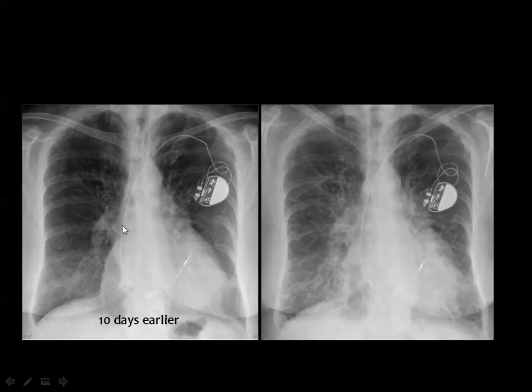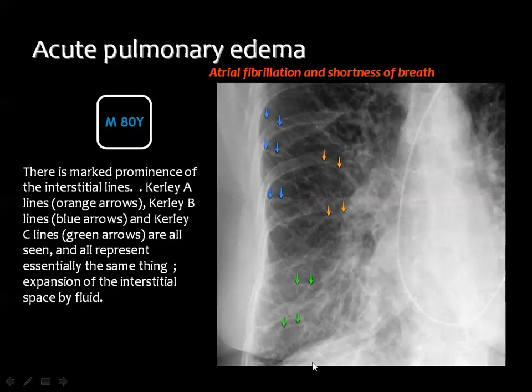This is the radiograph 10 days earlier, and this is the radiograph after she went into interstitial edema. You see that the hilar shadows are hazy and enlarged, then you can see the distension of the upper lobe vessels and many linear opacities at the costophrenic angle representing B Kerley lines, near the hilum representing A Kerley lines, and longer opacities near the costophrenic angle representing the C